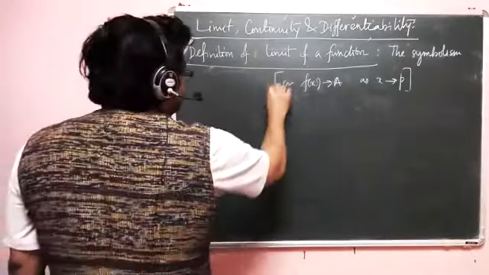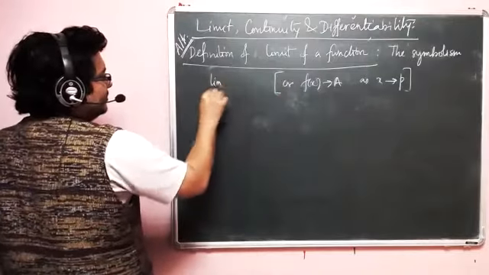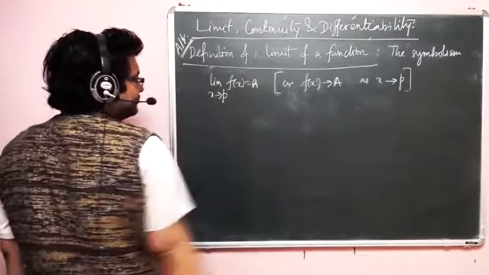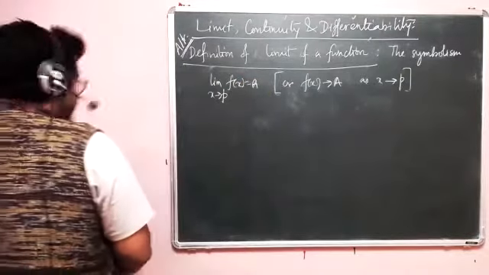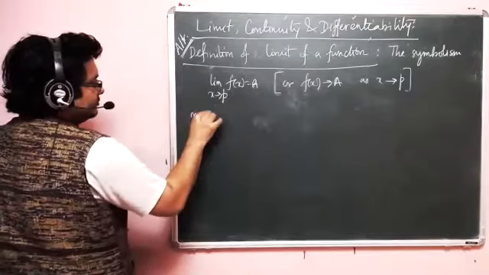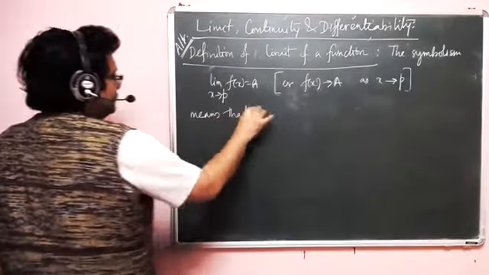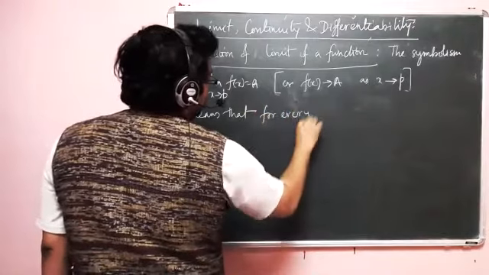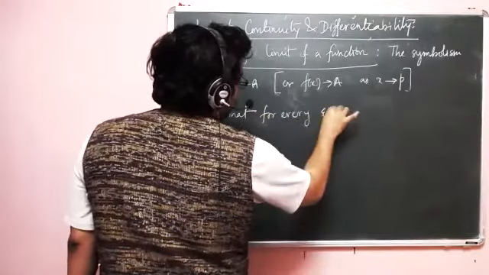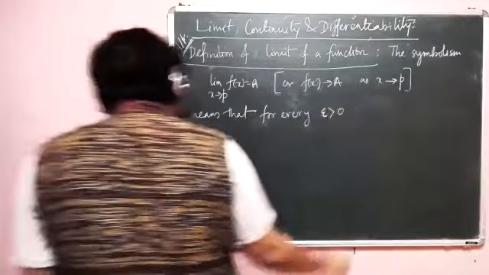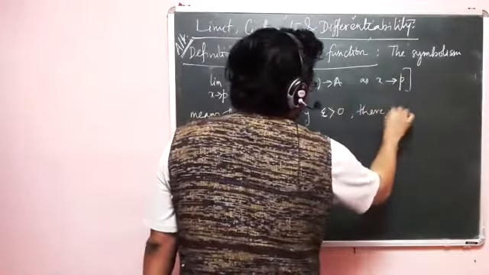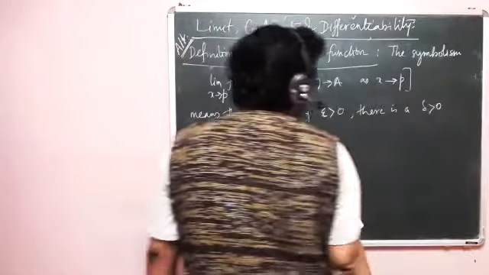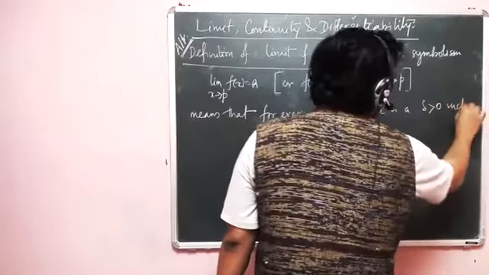The symbolism again that we have to start with: limit x tends to p, f(x) equal to a, means that for every epsilon greater than 0, there is a delta greater than 0, the neighborhood of P, such that